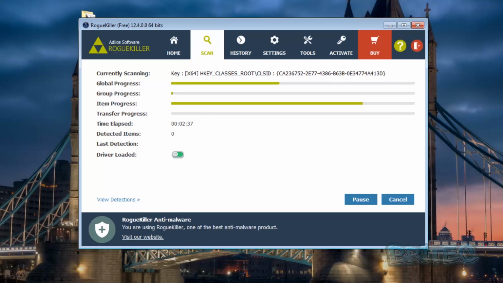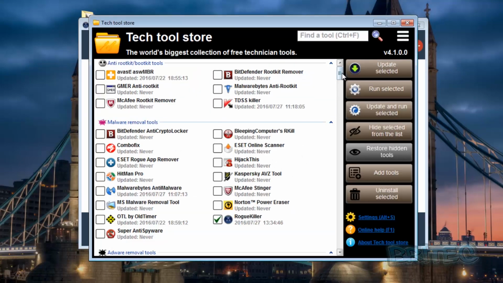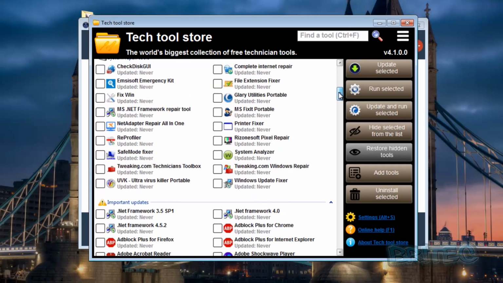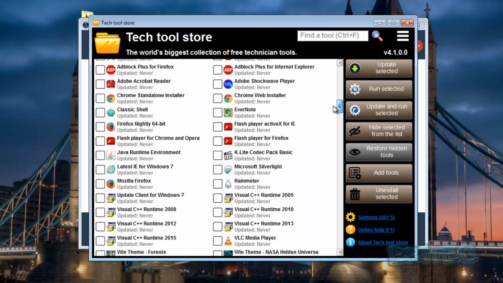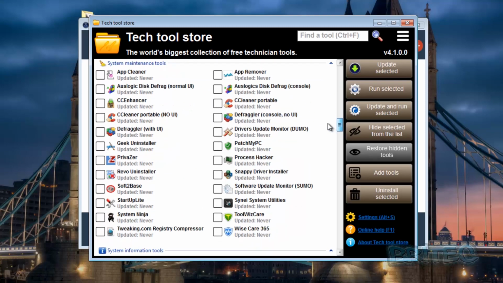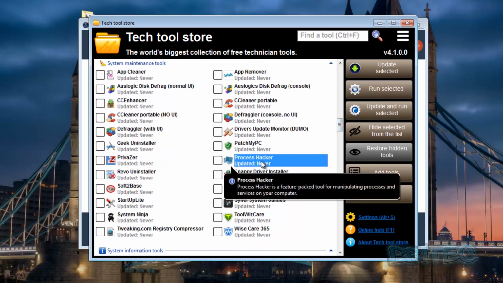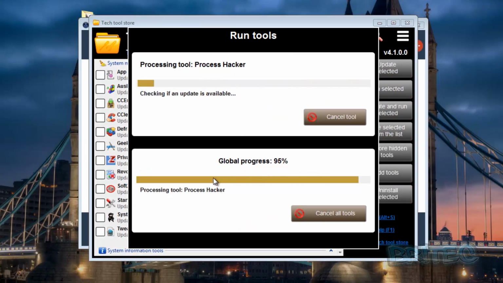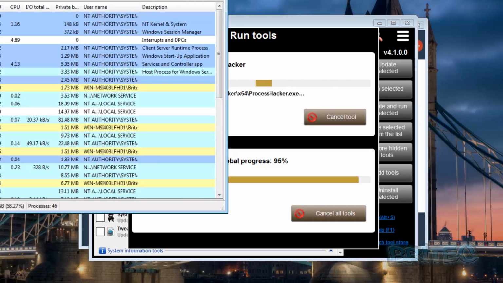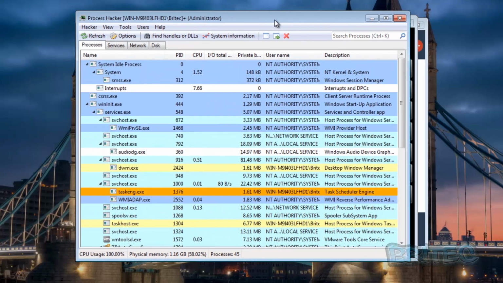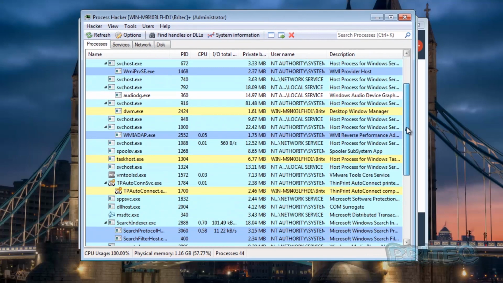While that scan is running, if you wanted to, you could literally come down and run any other program here. So let me just see Process Hacker here. You can see we've got this here. Now I can click on this while that other scan is running and start other processes off to install this program. So I'm just going to let it do its thing here. As you can see, it's still running its update, and there we have our Process Hacker. We can have a look at this while our scan is running,